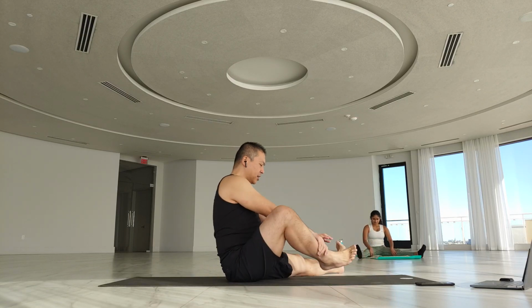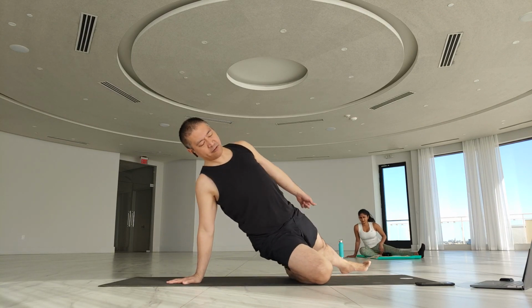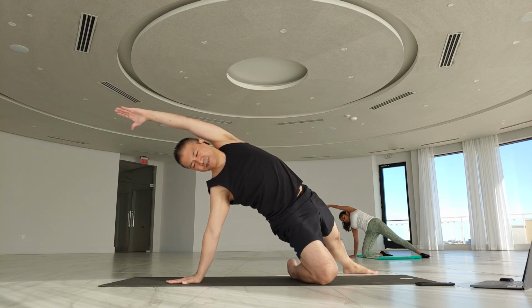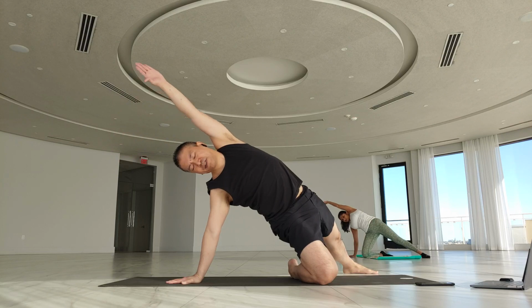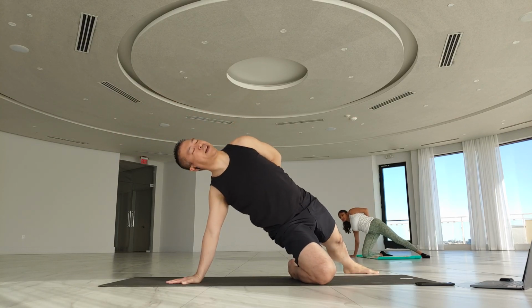Keep the legs. Draw the right heel in. Right hand to your floor. Step the left foot down. Lift and extend to your left fingertips. Then raise your left arm up and behind you, half bind, and draw the front of the left shoulder back